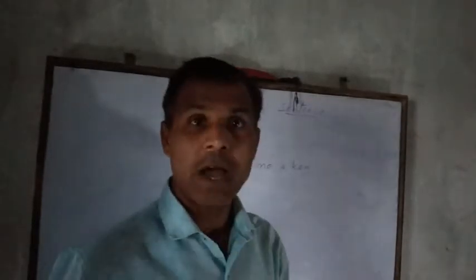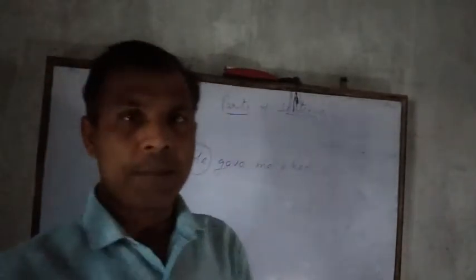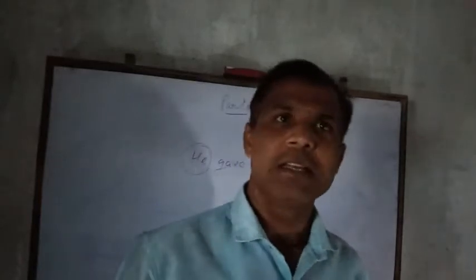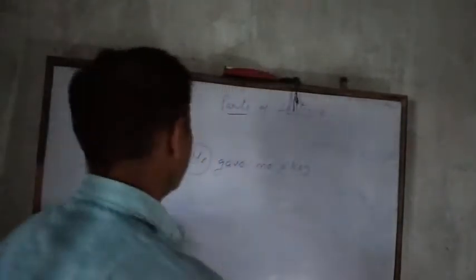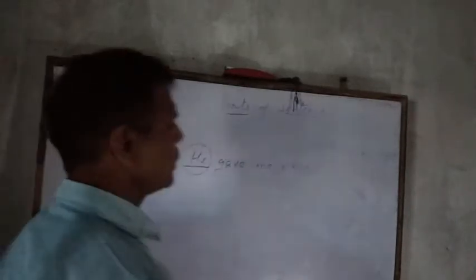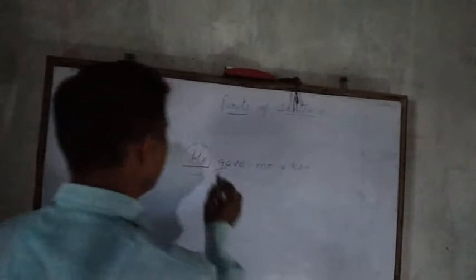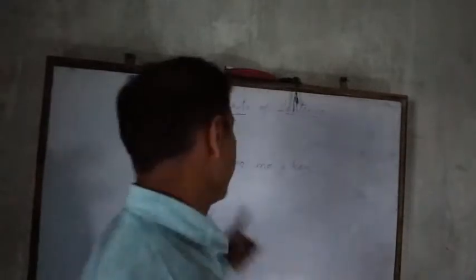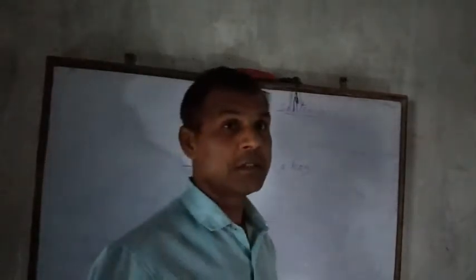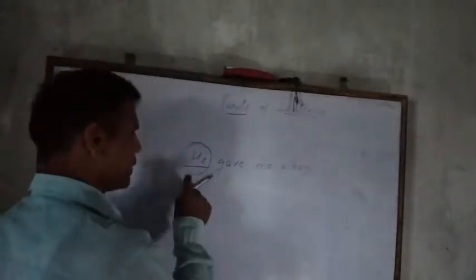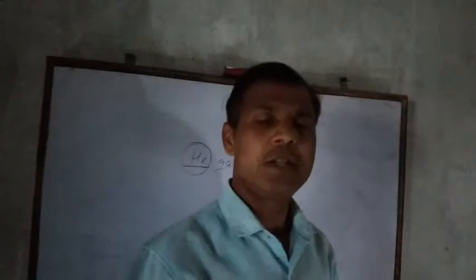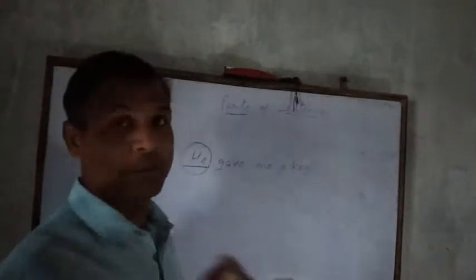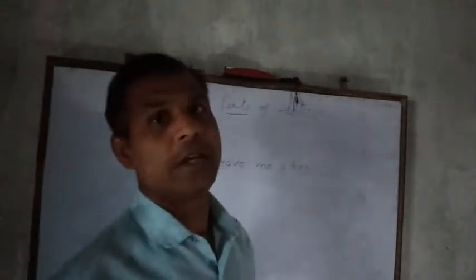I have just told you that a person, place, animal or thing that is being discussed in a sentence is called the subject. So here we are discussing about 'he'. This word is a subject. Now this is a point to be noted that a subject may be a single word or may be many words.